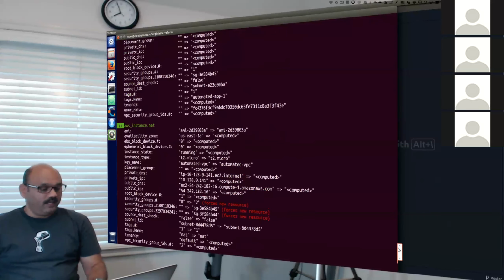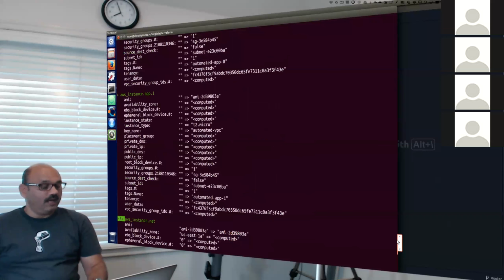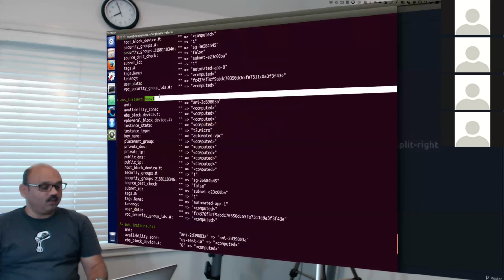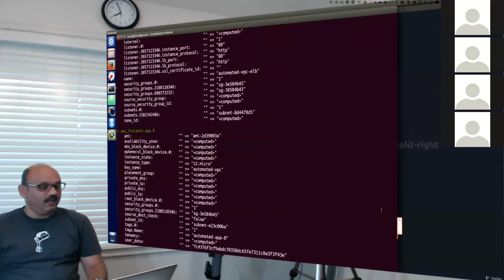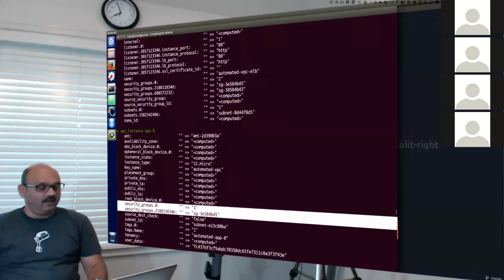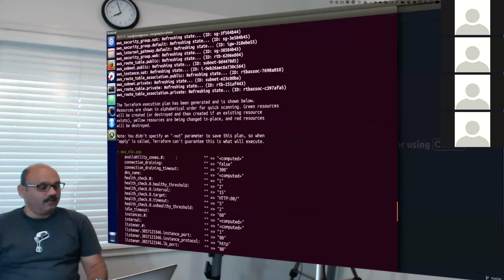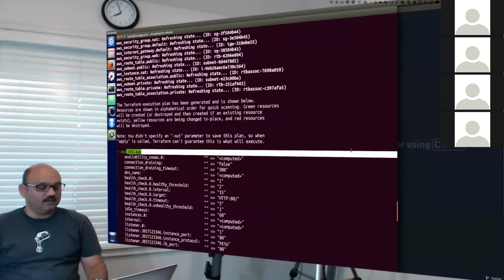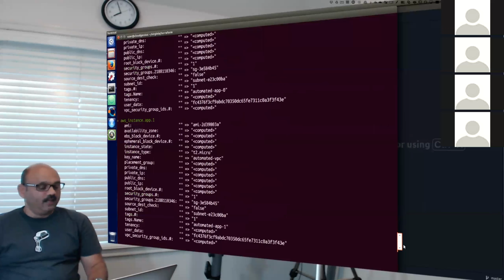It will delete and create a new one. It will have an application instance 1 created. It will have application instance 0 created. It will also have a load balancer created. So you will see these things happening as we execute the apply.